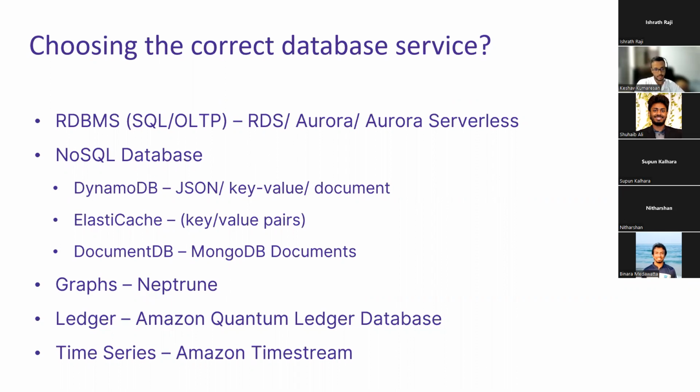Similarly, there's Amazon Quantum Ledger Database. That's a very recent service that they introduced, which people familiar with blockchain will understand. What it does is maintain a ledger-based database, so you can cryptographically verify the transactions that are happening in the database. It's not technically a blockchain. Blockchain means something like Ethereum,